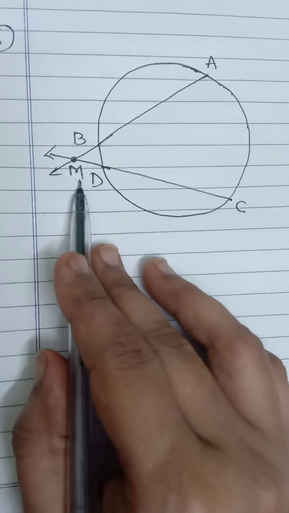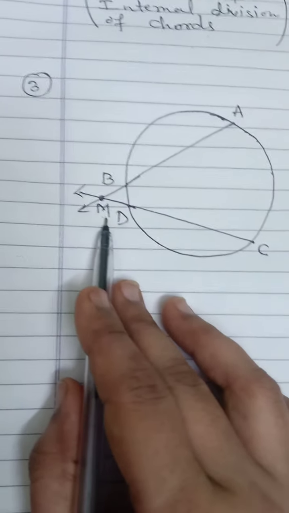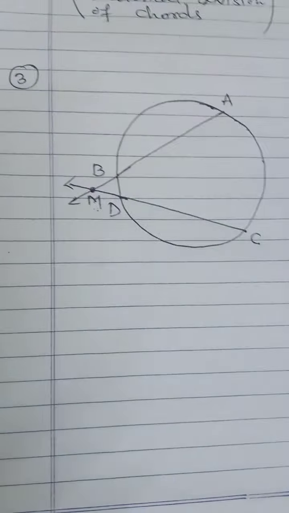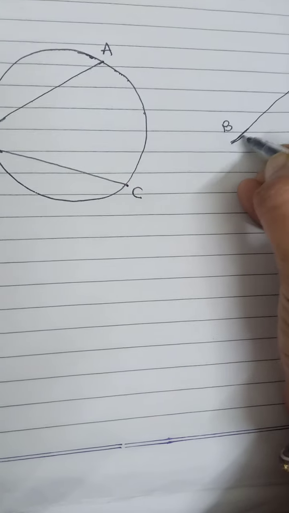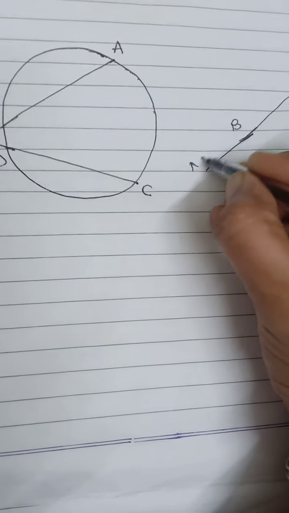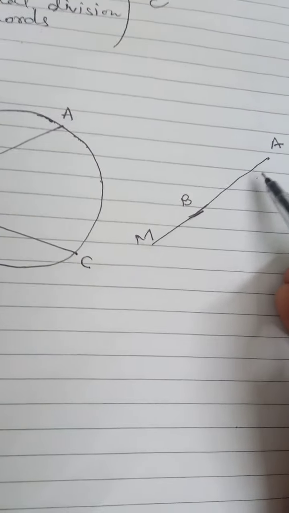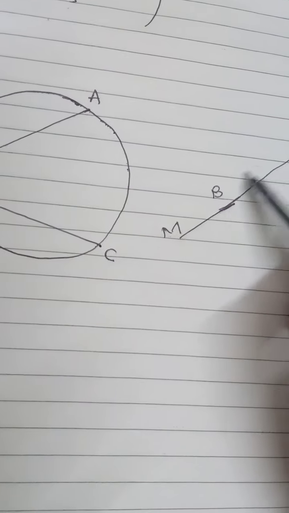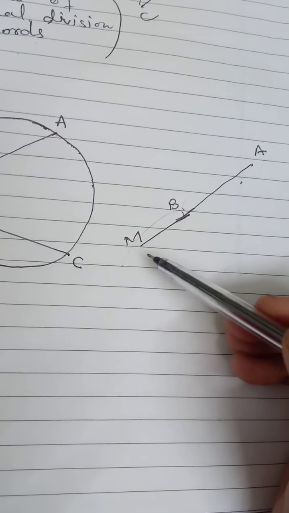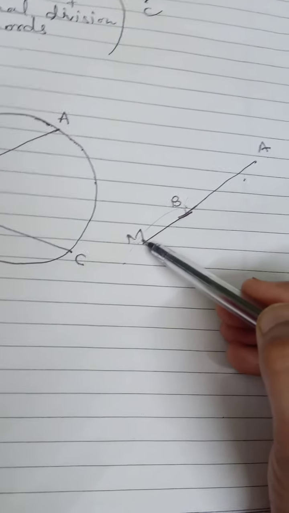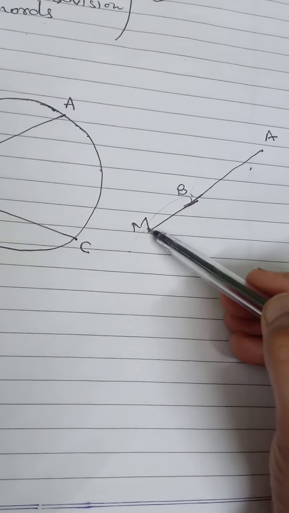Now again the same way we have to take the two parts on chord AB. So this is chord AB, and the extension part goes somewhere here to point M. Again the same reason, but we have to be careful here. We will not take the parts AB and BM. We have to take the two segments in which M is included. You have to be careful while taking the segments.